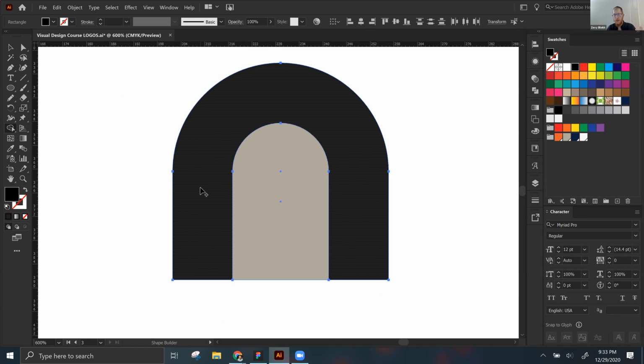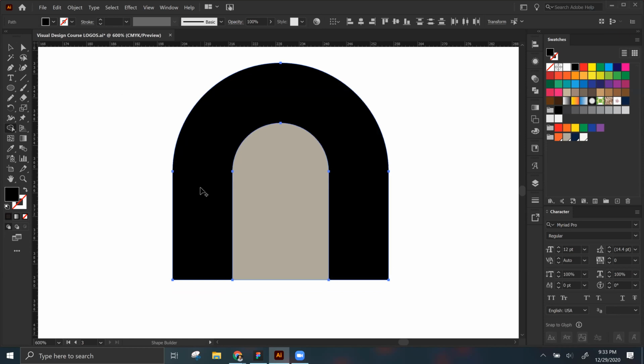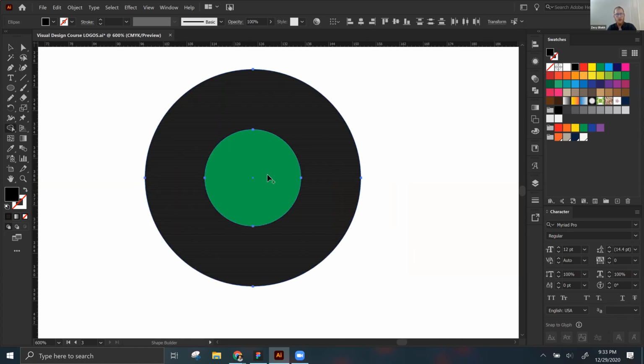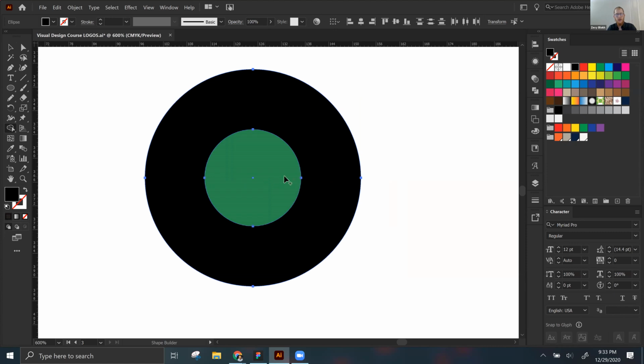Okay, so obviously it depends what you want to do. Let's say I want to merge these two shapes. So I'm actually working on the O, so I'm just trying to knock out the circle from the O. Select both of them, and then select both of the circles, and with the shape builder tool activated,